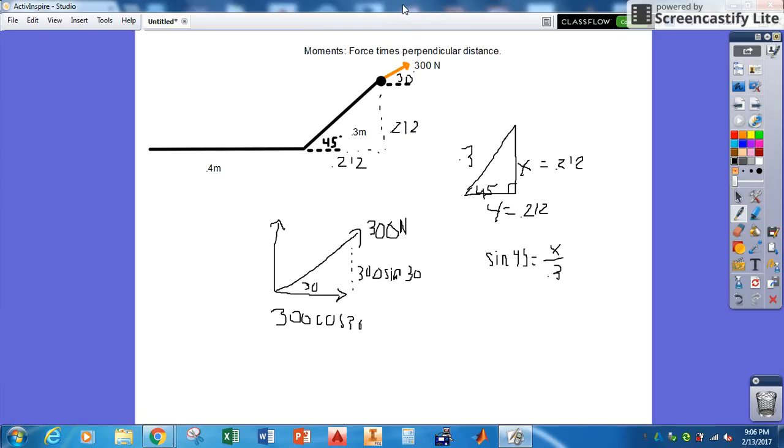Okay, so now we can start solving. We know our x component, we know our y component, and remember that the force needs to be times the perpendicular distance. So if we have the horizontal force, we need a vertical distance, and if we have the vertical force, we need the horizontal distance. Remember, you started out like this to show that counterclockwise is positive. The moment about point O, which is right here, equals